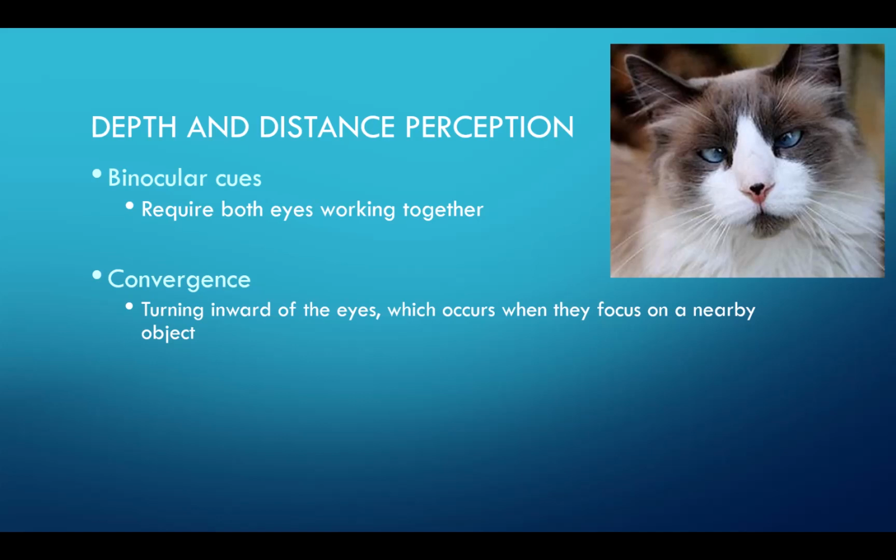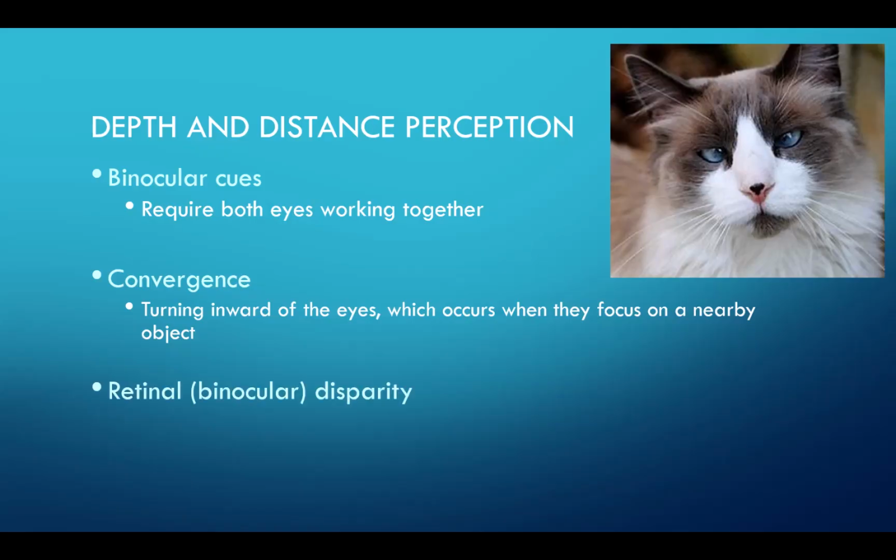So let's try this. Put a finger out in front of you, about an arm's length, just one finger, and stare at it. Bring it closer and closer and closer. You feel your eyes converging or crossing? And do you feel a little strain in your eyes as it gets closer, almost all the way to your nose? That change in musculature is sending signals to your brain to tell you how close or how far away that